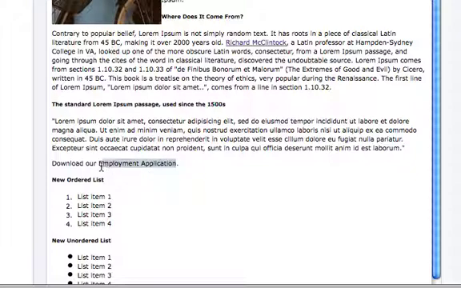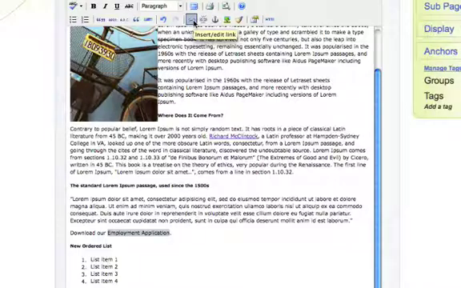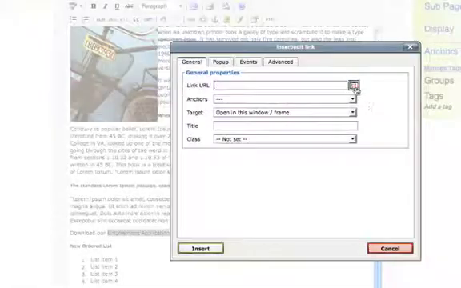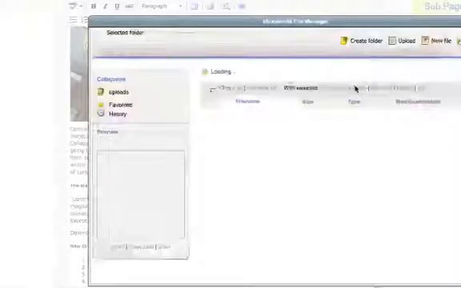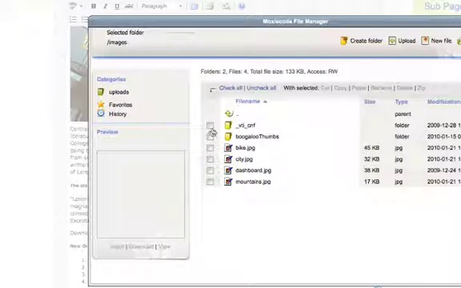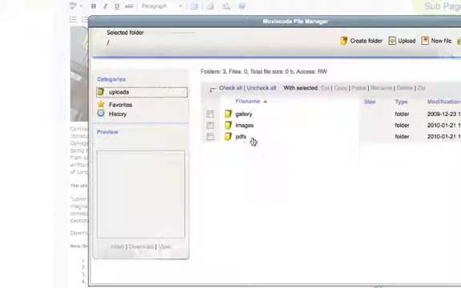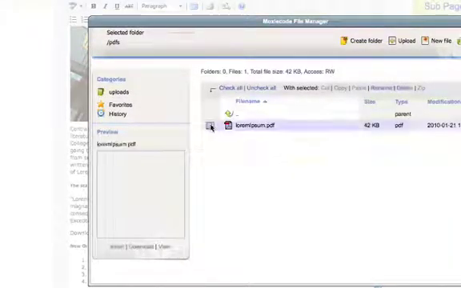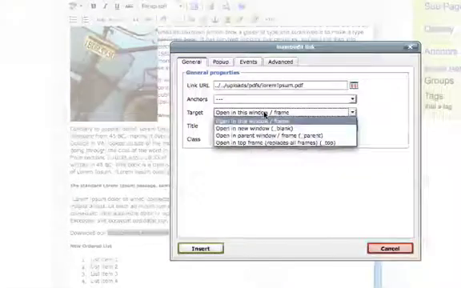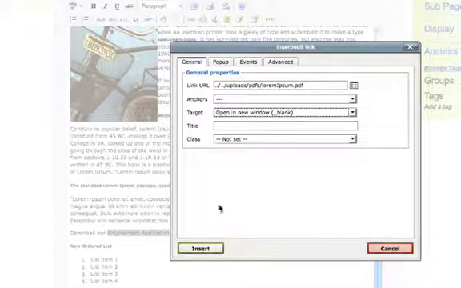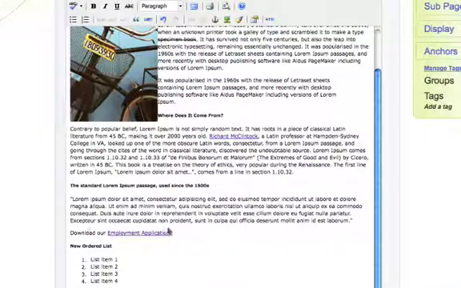I'm just going to highlight some text here and I'm going to create a link. So I'm going to hit the Insert Edit Link button and I'm going to browse for it. It's going to take us to our file manager. It's not going to be in our images folder because I put it in PDFs. Click on PDF and select it there and click Insert. I'm going to open it in a new window and that's about all I'm going to do. And I'm going to click Insert. So this makes us a link here. So if we save those changes right there,